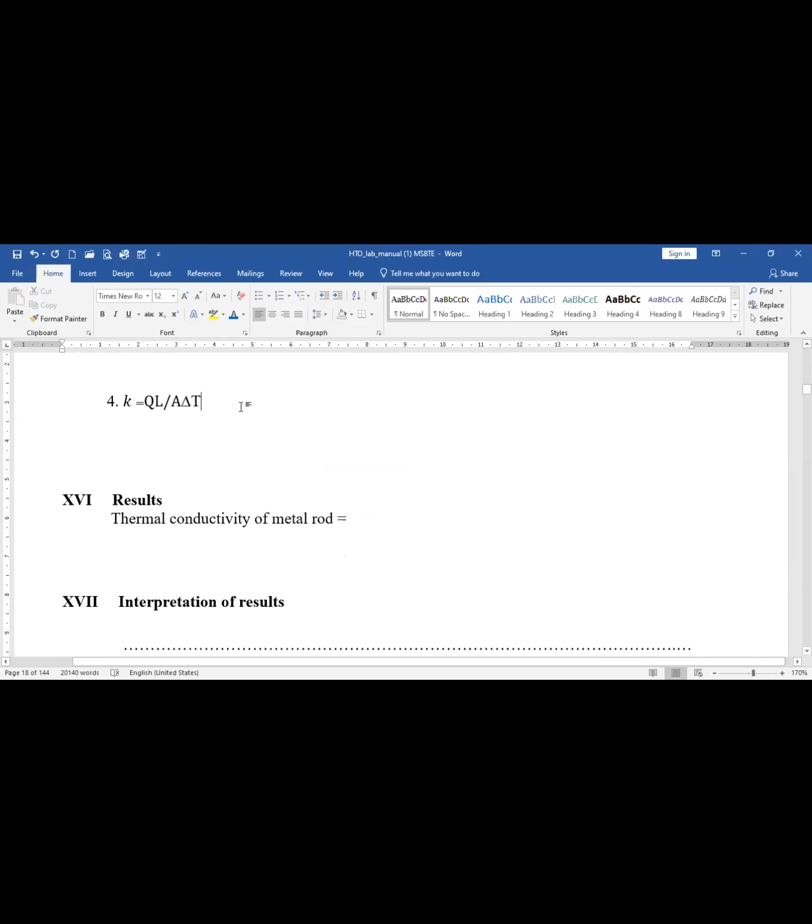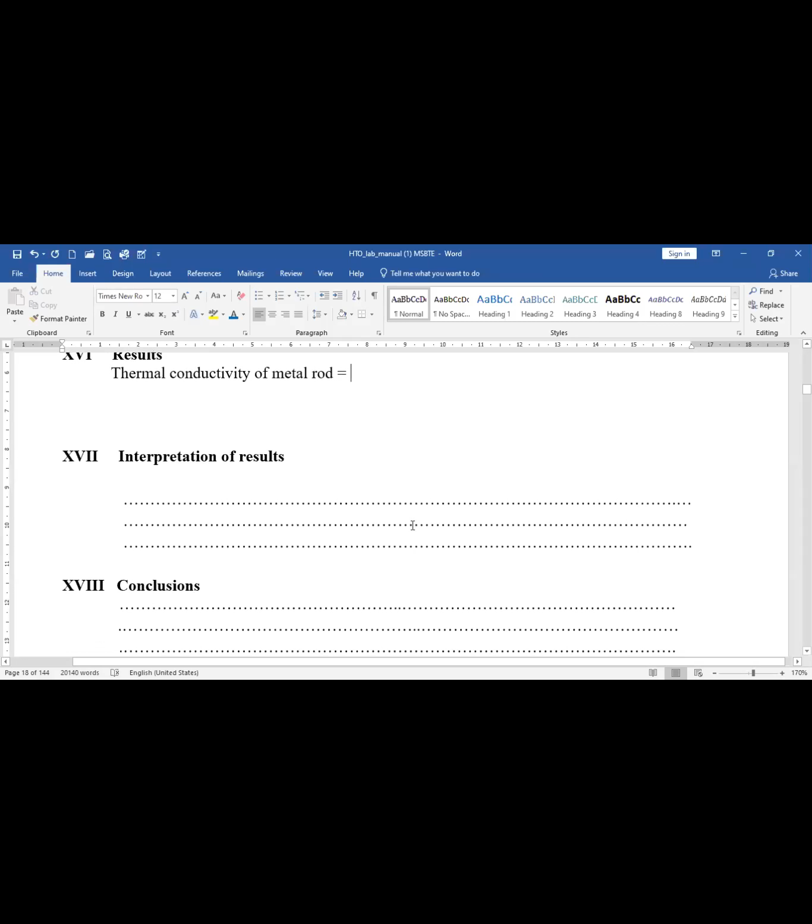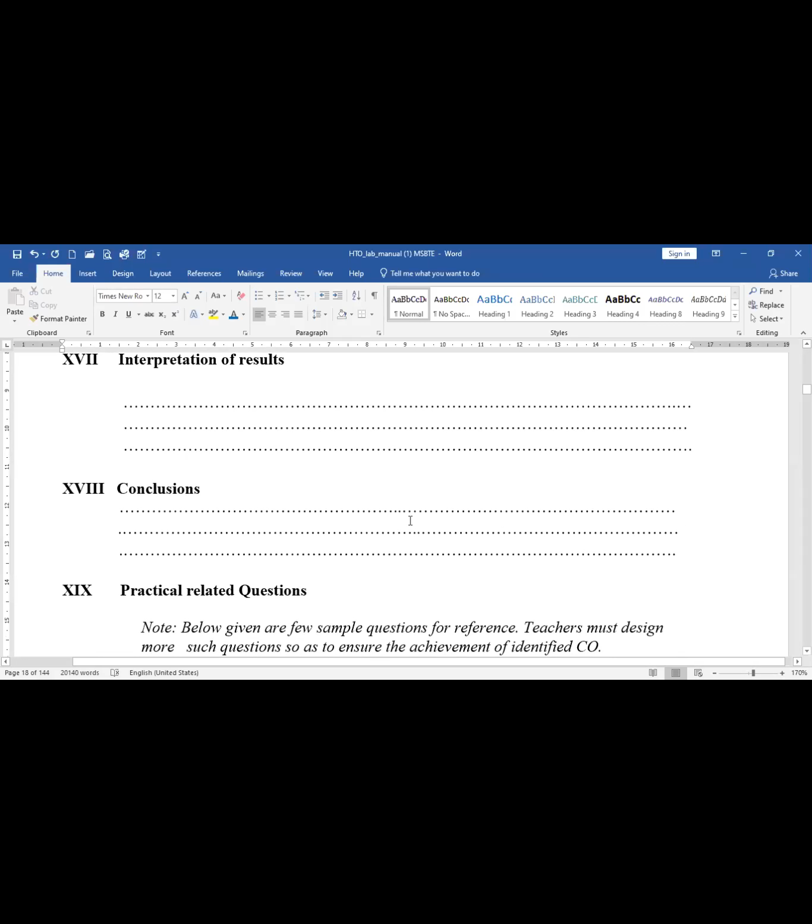So please take care about the units of all the parameters, that is of Q, L, A and delta T. On the basis of that only the unit of thermal conductivity can be decided, and whatever the calculations are there should be written with the units in the results. Then we can interpret the results and conclude that the thermal conductivity of this metal rod or slab is this much, the expected or the standard thermal conductivity of this metal rod or slab is this much, and why these thermal conductivities differ,